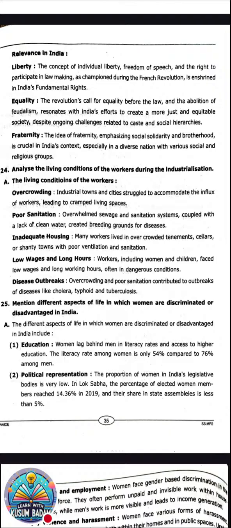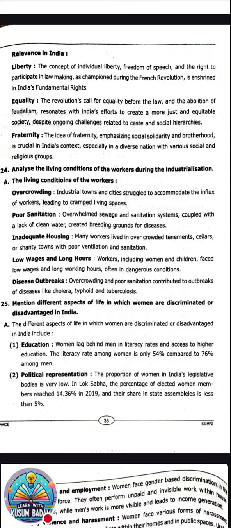So here when industrialization started, there was cramped living space, that is, they were not having proper living space. Why were they not having a proper living place? Because there was a traffic of laborers. Wherever there was industry development, the people rushed over there to get job opportunities. So thus the overcrowding got started.